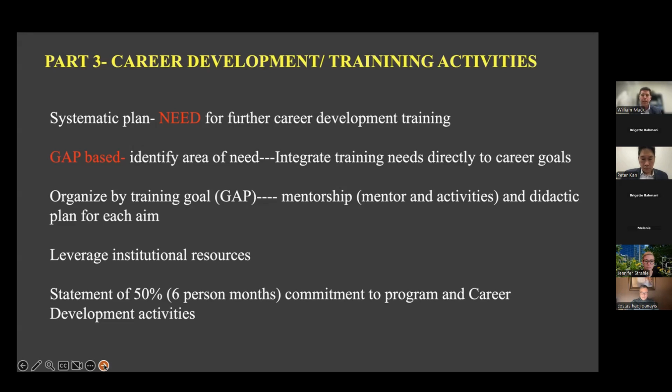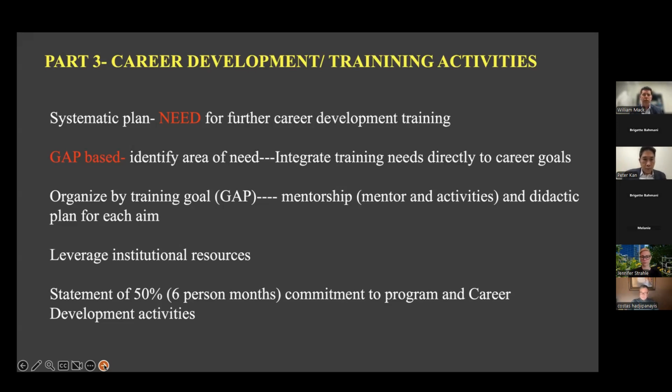And those didactic activities could be specific classes, or could be seminars, I'll mention on the next slide, or grant writing activities. But each one should match up with one of your gaps and probably one of your specific aims in your research plan.